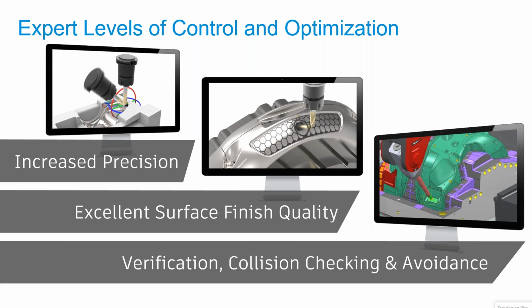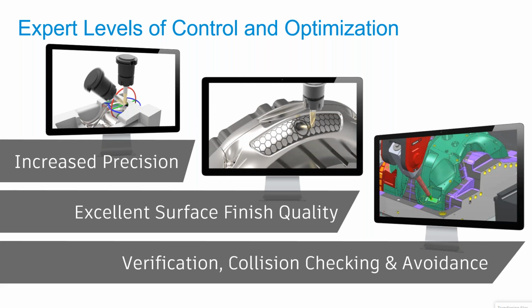So it has a greater degree of flexibility and control with respect to the tool axis, and it achieves excellent surface finish because of a lot of tools or features inside the toolpath generation of PowerMill. You can easily control the kind of surface quality that you want to achieve. Like, you can define your cusp height, or maybe we can say scallop height. So what you want to achieve as an end result can be fed in when you create the toolpath.